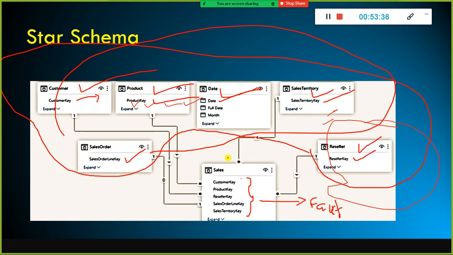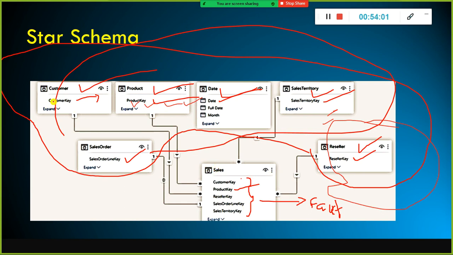If you just have the product key in your fact table, it is not sufficient. Suppose your department manager wants to see product-wise, customer-wise total sales by region. So he is interested in seeing the customer name, right? Customer name and product name.